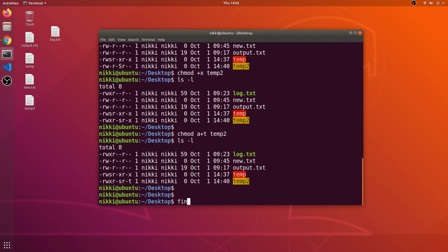So one way to find these SUID binaries is to say find / from the root directory with -perm, denoting binaries that have the user bit set.